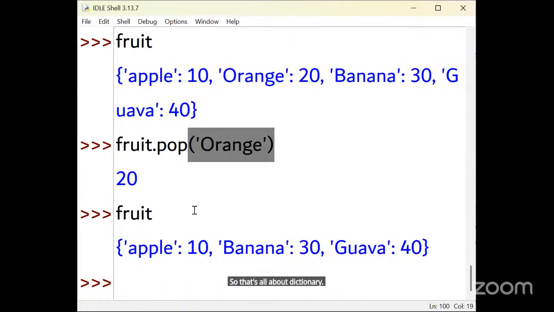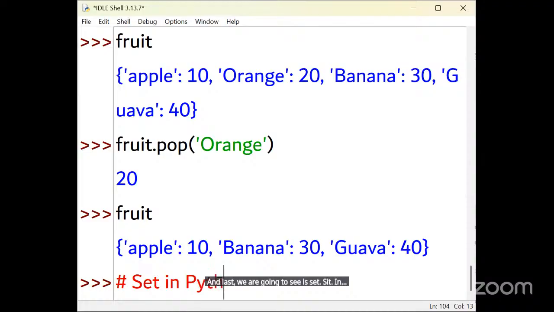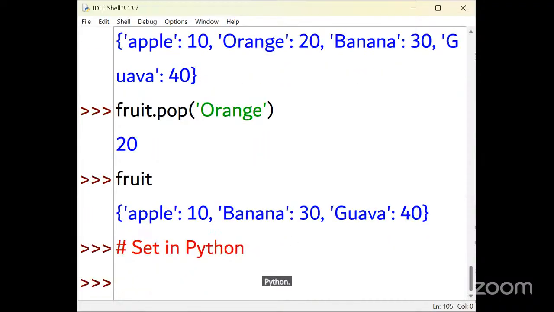And the last data structure we are going to see is set. I hope you are clear about tuple, list, and dictionary. And last we are going to see is set. Set in Python. And now we are going to declare. So I take S1 here. S1. And here I declare